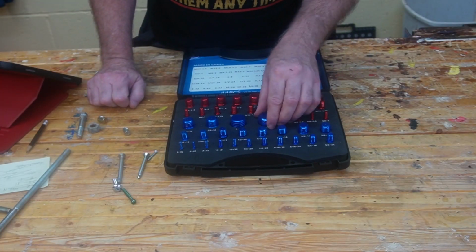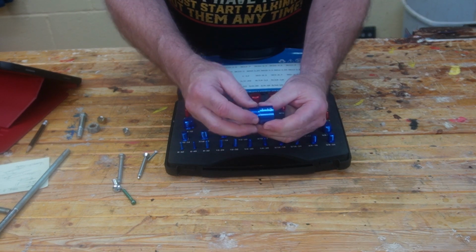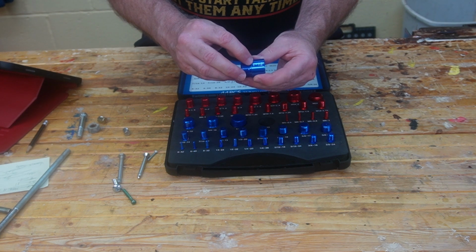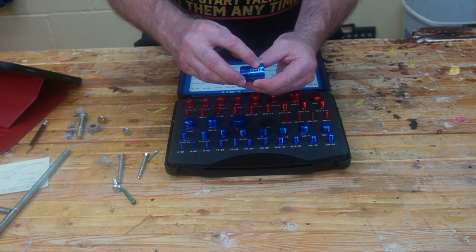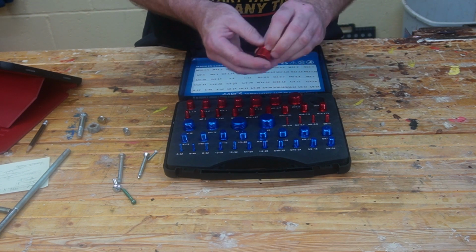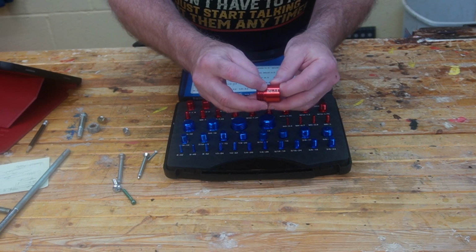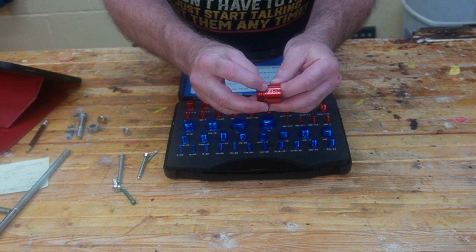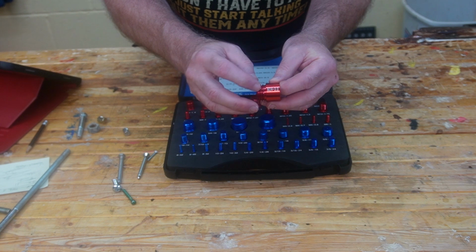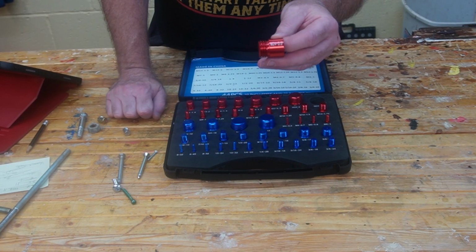And in case you're not familiar with it, let me pull this one out. All right, so this is a 112. So what that means in the Imperial ones is that is 1 inch, and there are 12 threads per inch. On the communist side, M in the beginning means it's a metric fastener. 24 is the diameter in millimeters, so it's 24 millimeter, and 3 in this case is the number of threads